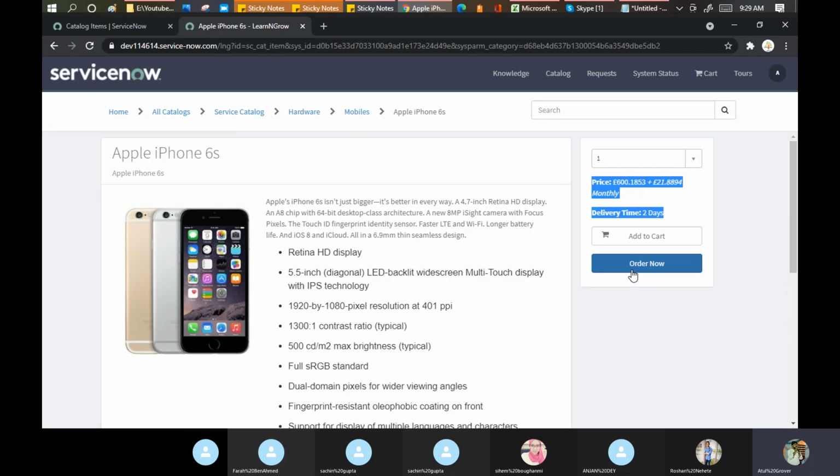So guys, your homework for the next 1 or 2 days: create one catalog, put 3 or 4 categories in it, and create 2 or 3 items in that. Then create multiple workflows for those. I'll tell you how you can create the workflows as well. Now if I come to my point here, all catalogs.